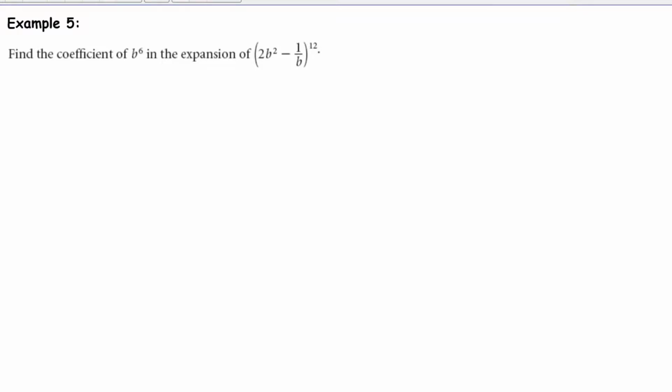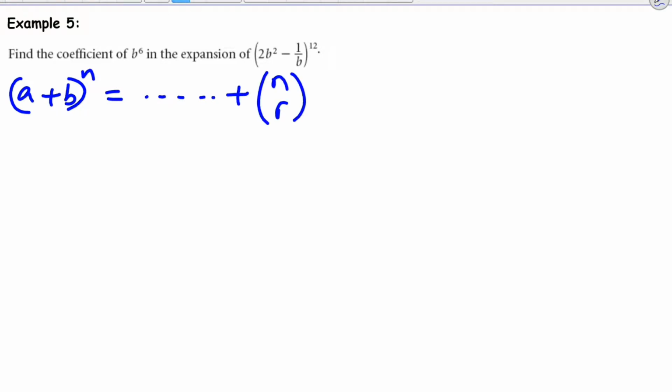In this example, we are required to find the coefficient of b to power 6 in the expansion of (2b squared minus 1 over b) to power 12. So the first step will be to write down the binomial expansion formula, which goes like this: (a plus b) to power n is equal to whatever comes first plus the general term, which is given by n choose r, a to power n minus r, b to power r